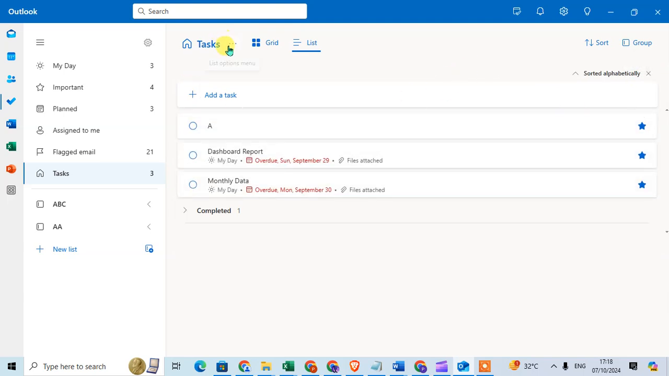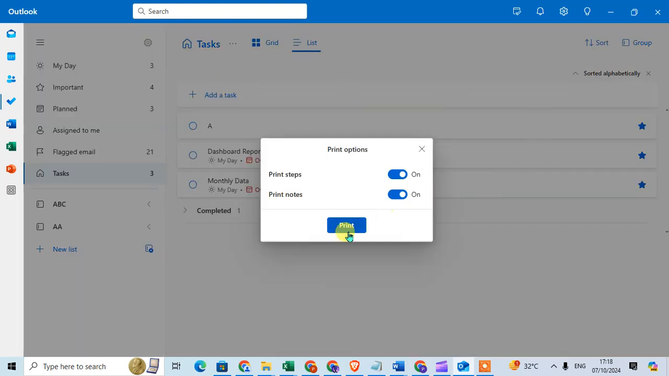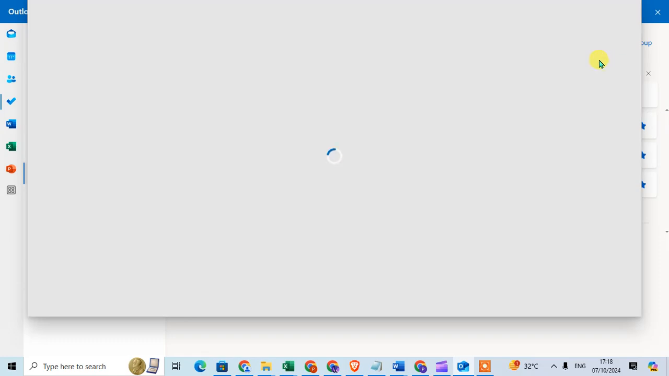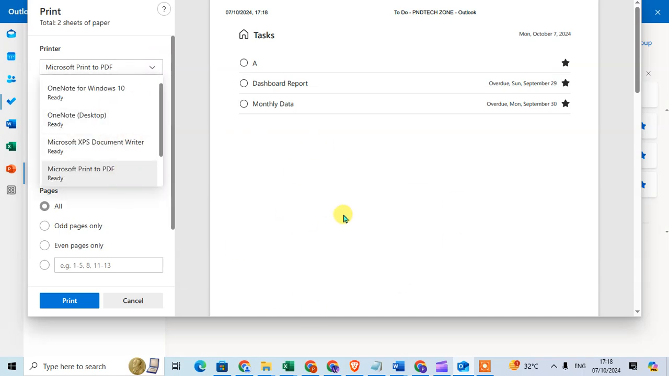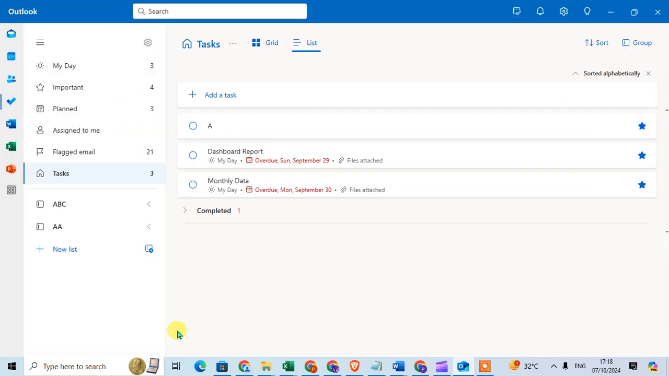Okay, just click on these three dots. You see the print list option here. Just click on the print list option and click on print to print your task list. Okay, you can see all the tasks you mentioned in your print. You can also download it as a PDF, and you can add your printer and print your task list. Okay, so this is the way you can use tasks in